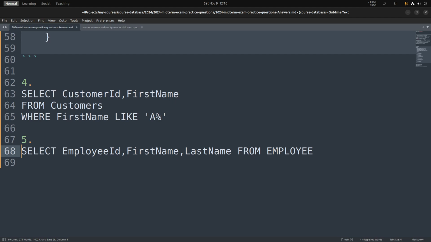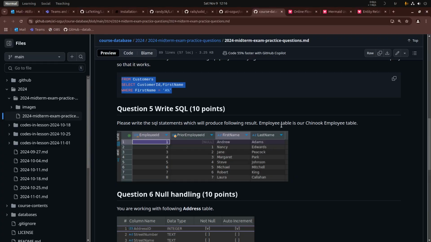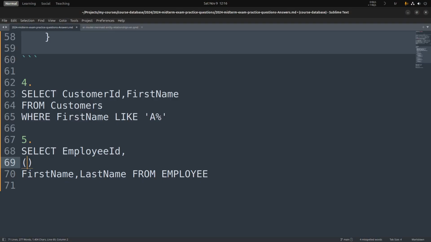The subquery one is the easiest one. You can write something like this: select minimum, select maximum employee ID, maximum employee ID from, again, employee,